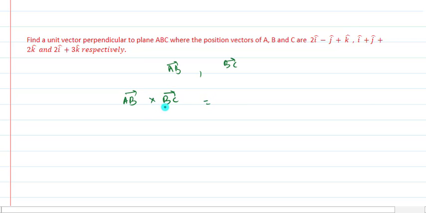Let me name this as vector A, and then you need to find out A cap. So this A cap will be the result for the given problem. Why is this so? Because again I am repeating the same line, that when we are calculating AB cross BC, then we are getting a vector which is perpendicular to the plane containing AB and BC, and the plane containing AB and BC is plane ABC. So therefore vector A is perpendicular to vector AB and vector BC, that is, perpendicular to plane ABC.